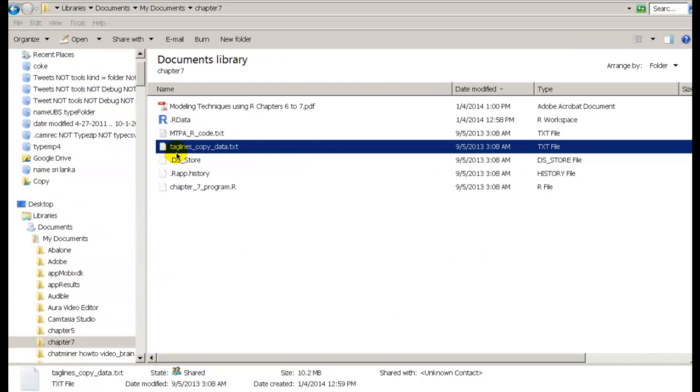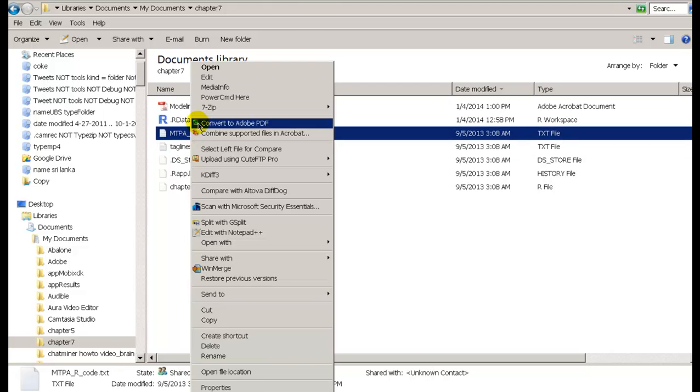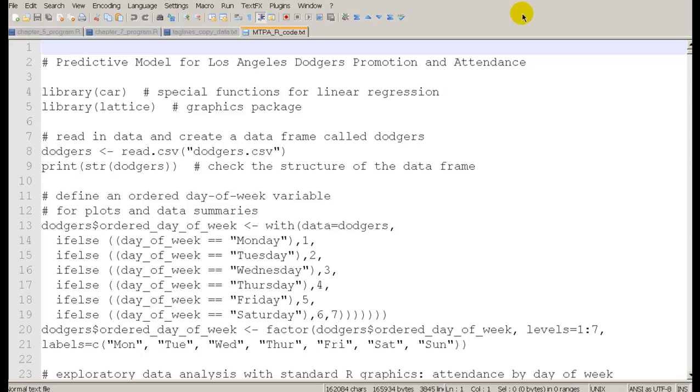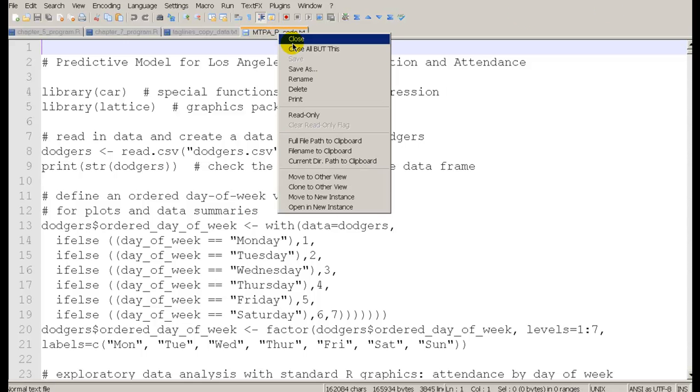Now here's the taglines data. I was wrong. I thought they were in separate files, but they're not. I thought I remembered seeing a bunch of separate files, but that must be for chapter 8. What's this one? I didn't check this yet. Okay, there's some functions. So anyway, when we open up